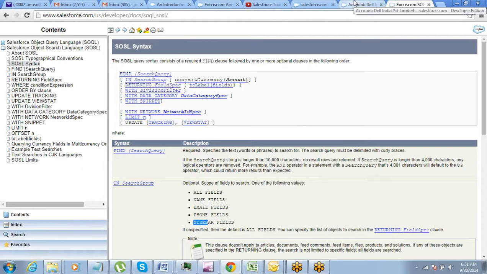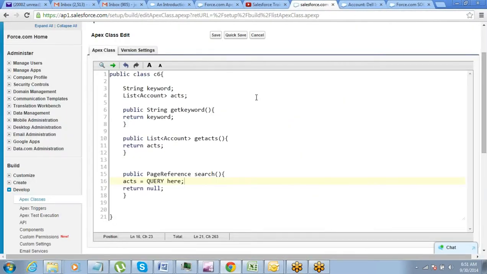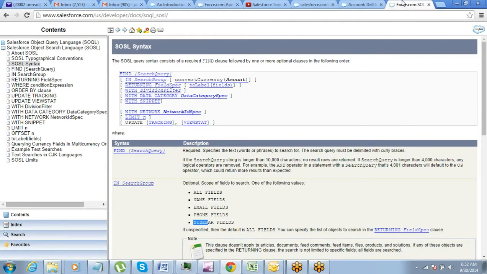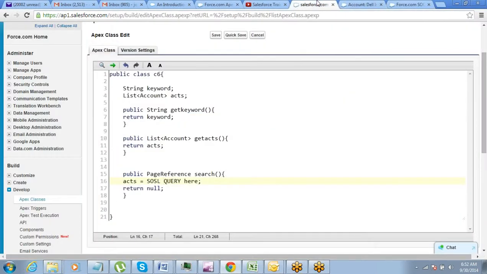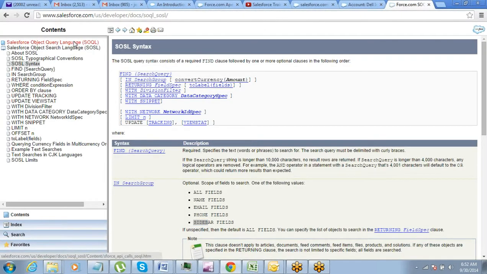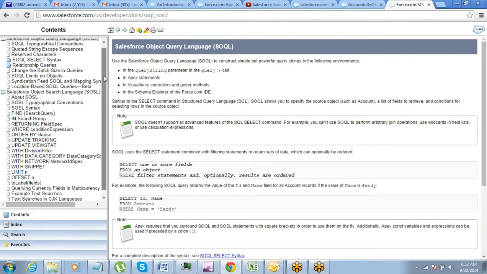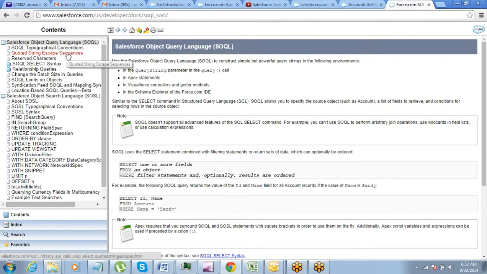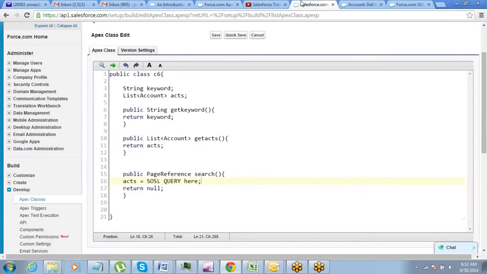Okay, so we are going to write an SOSL query here. So the syntax for SOSL, I have given you the reference thing. Just go back to this and understand SOSL a little more in detail. It has SOQL details also, which you might be aware of. But while writing the queries and all, refer to these things. This is very helpful, right? It's more like a dictionary.